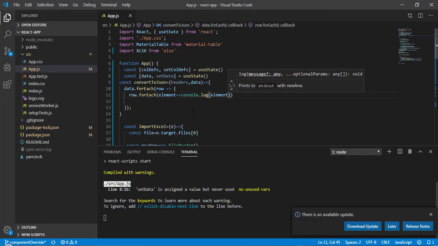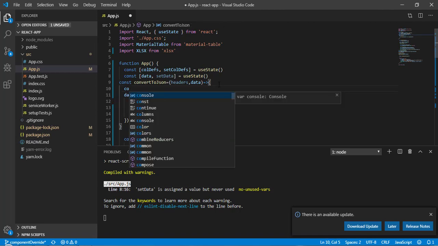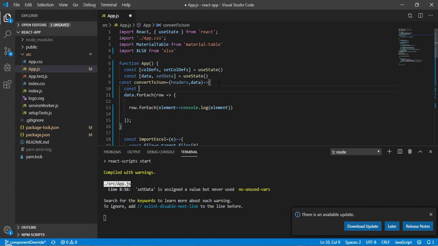Basically, the first forEach loop is going to give a row, and from here we are going to retrieve all the information of a complete row. So before coming to this loop, I will create a variable, const rows, and this is going to be an array.